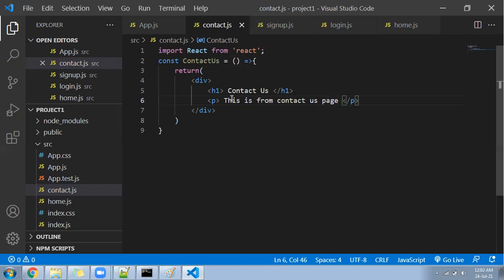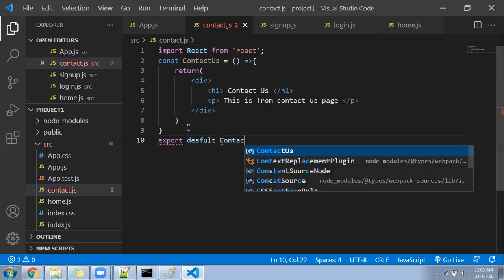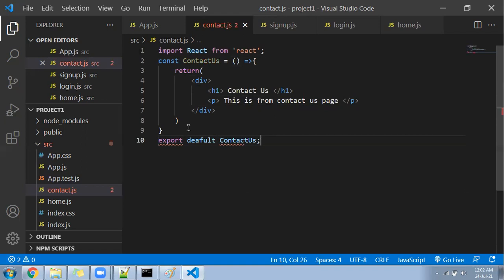Save the file, and you must do the export. Export default, the name of the function, that is called contact us, right? So this component is also ready, and it is ready to import.